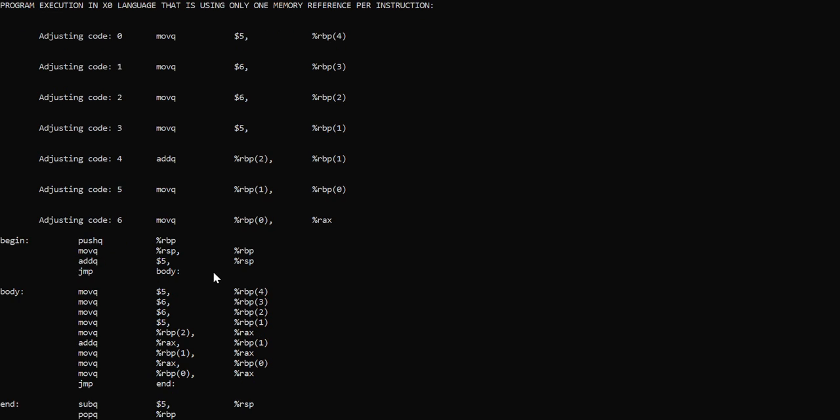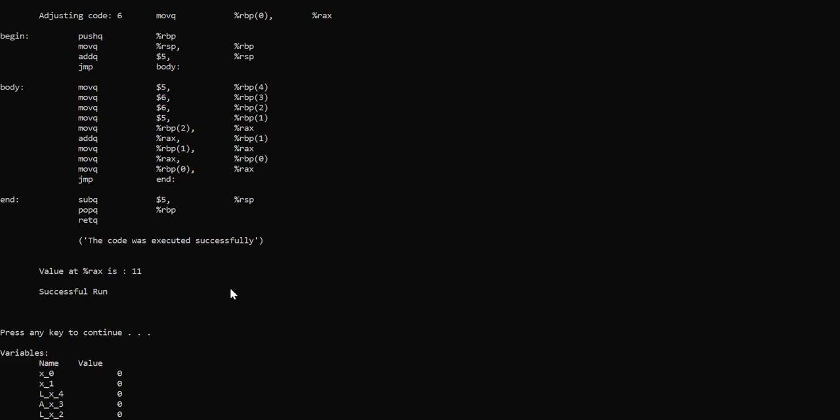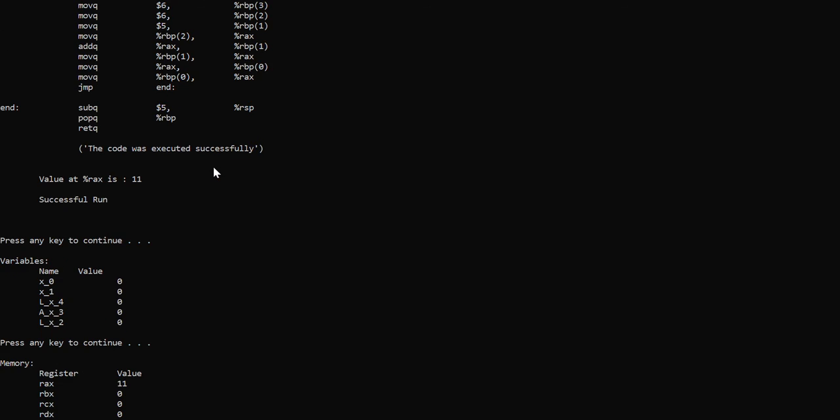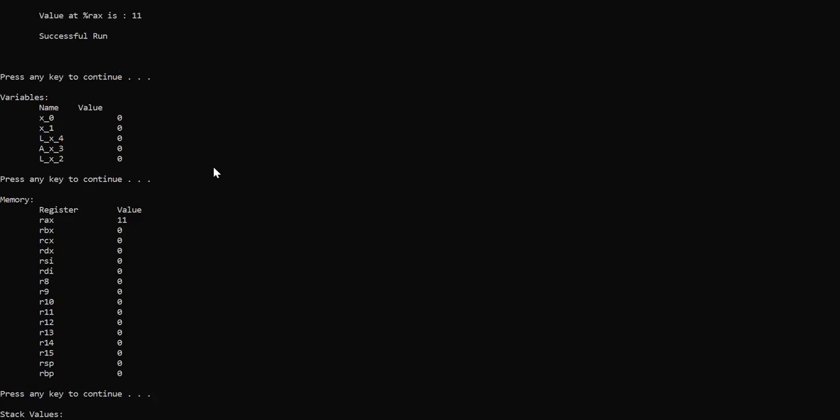And then the last step that I successfully did is the pass which creates the X0 language code with only one memory reference per instruction. This is something that just helped me out when doing this. If we go below it, this is actually step 48, if I'm not mistaken. But I think with this type of setup of the code with begin and end labels, and then a body, we can see that there's only one time per instruction that we use memory, which is this base pointer with the offset. Okay, cool. So now once we went over that, I want